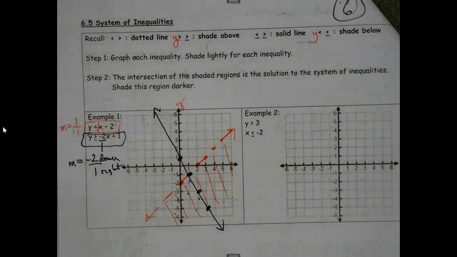Ooh, I got lucky. I went ahead and connected, and I started to look. I'm like, oh, nope, I'm okay. Again, if the line is underneath, if it's or equal to, that'll be a solid line. So I got lucky, it was solid, so I don't have to go back and fix that. And then since the arrow is eating my y, like it is up here, we're going to shade above the